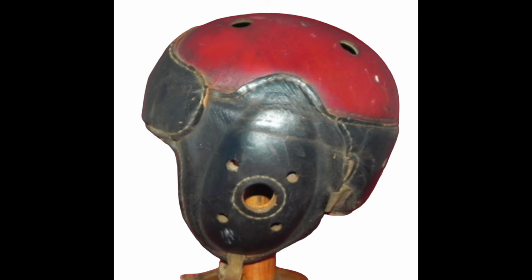Although plastic helmets were first introduced in 1939, they were initially very poor quality, especially in World War II when shortages led to pretty poor quality materials. So leather helmets were still being used pretty readily in college and the NFL, and it wasn't until 1949 that